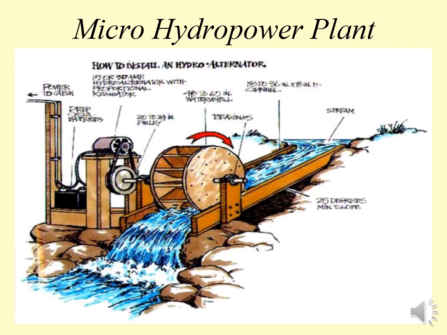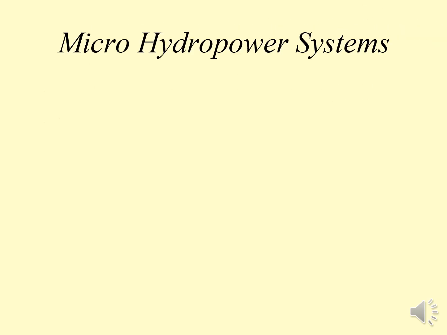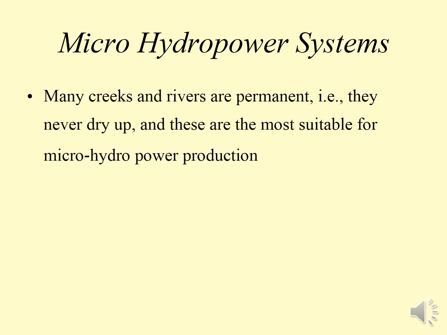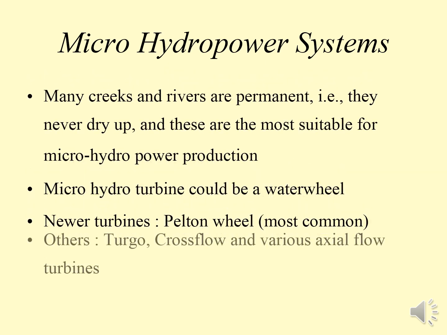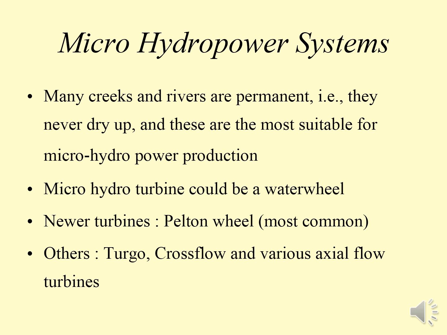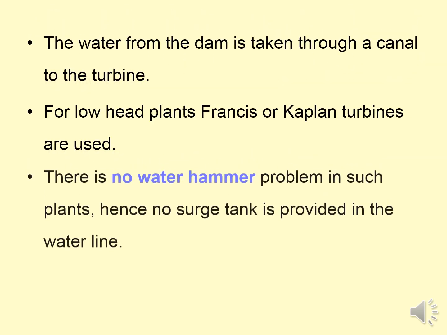So this is the micro hydropower plant that was used previously. This is the older one you can see. This is the turbine, coupled to a generator to generate the electricity. So micro hydropowers. The Pelton wheel is commonly used here, but it is usually not used nowadays. So no damping effect here.